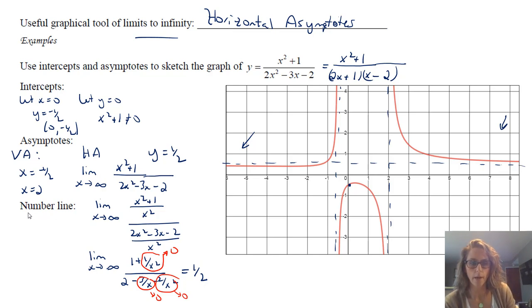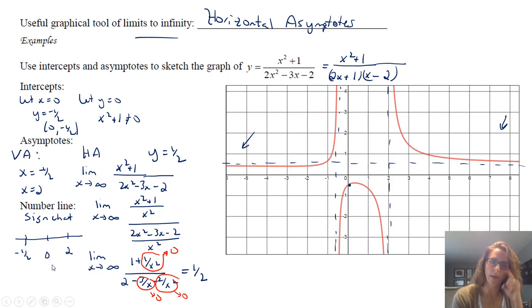Now, if we were to do a number line, which is the same as a sign chart, you're going to see that if we put on the negative 1/2, that is one of the asymptotes. We put on 2, that's the other asymptote, and I'll put on x being 0. I just want you to think about the fact that I'm not taking any kind of derivative here. I'm just using stuff that we've known from pre-calculus. But if we were to put in values, this would just tell us whether our y values are above or below the x-axis. And we'd end up seeing that we're above the x-axis here.